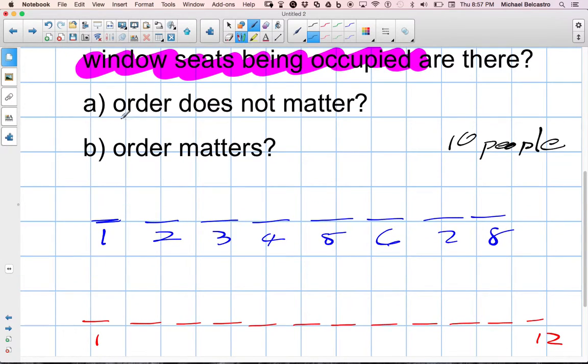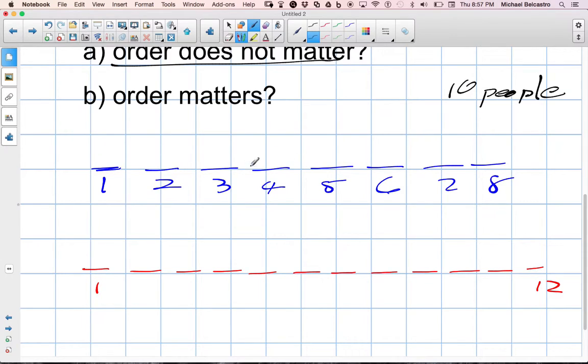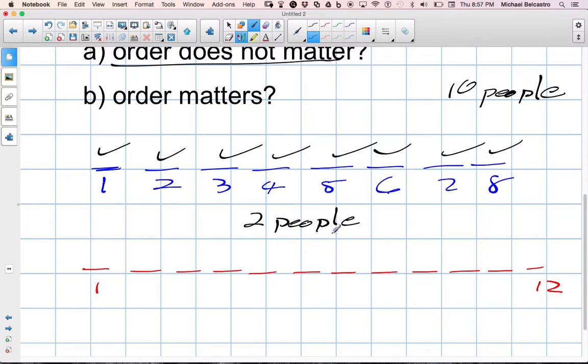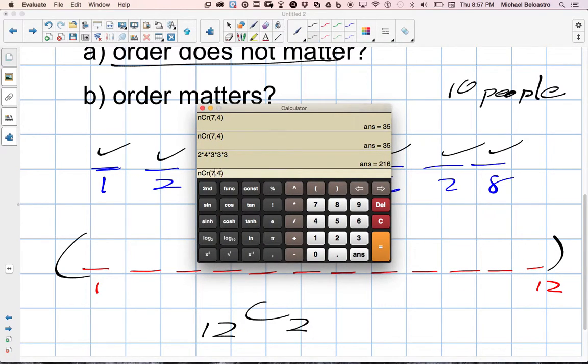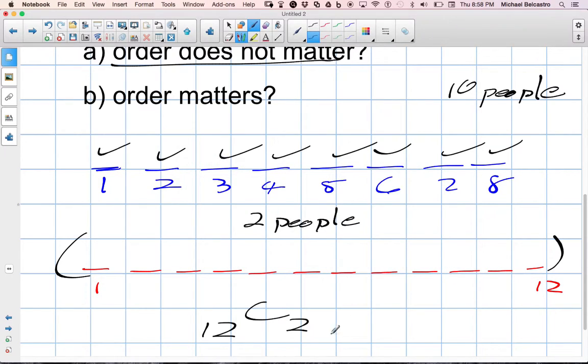In the first one, they say order does not matter. Well, all the window seats get filled. Essentially, we have a person in each of them. Let's check it off: 1, 2, 3, 4, 5, 6, 7, 8. That leaves us with 2 people. These 2 people are now being shoveled around these 12 aisle seats. So the question is, how many different ways can we choose 2 people out of the total of 12 options we have there? So we take out our calculator. We want to know how many ways can we choose 2 out of 12, and there are 66 different ways